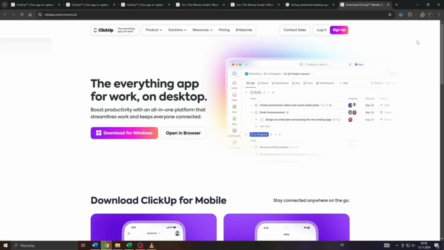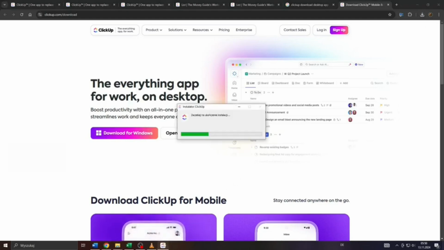Wait for the download to be finished, and after that head over to your output folder or download folder on your computer and launch the installation file. ClickUp will then be installed on your desktop computer. That may or may not take a while. Well, in my case, it took ClickUp not even 30 seconds to finish installing, so it shouldn't take you too